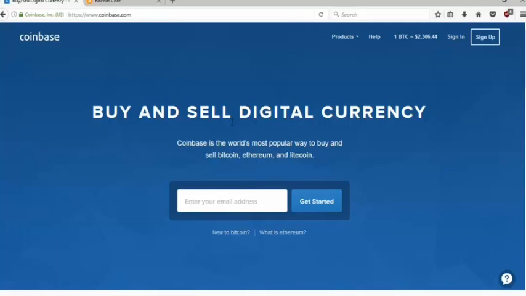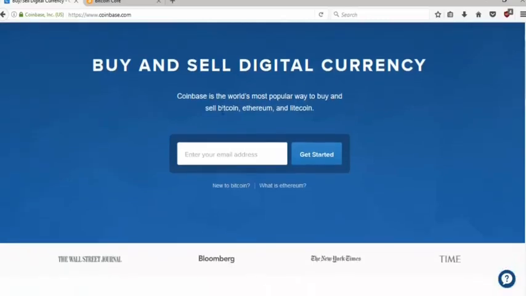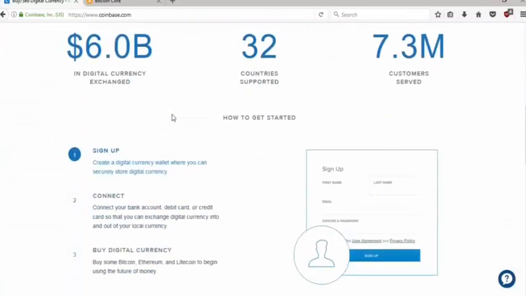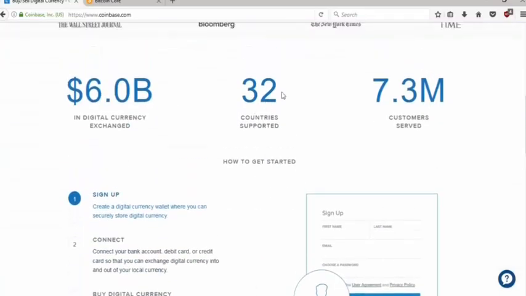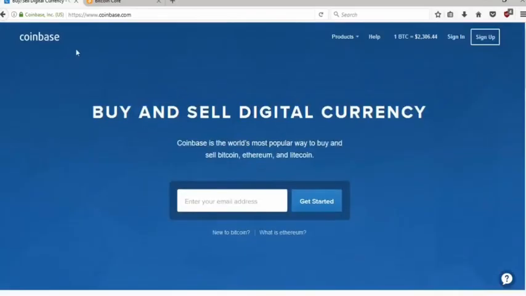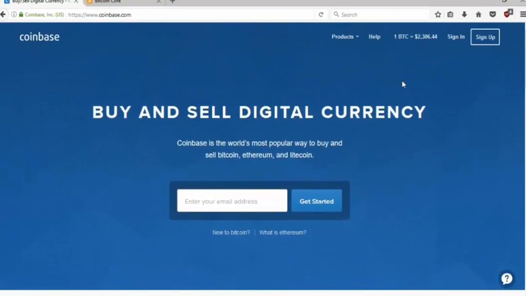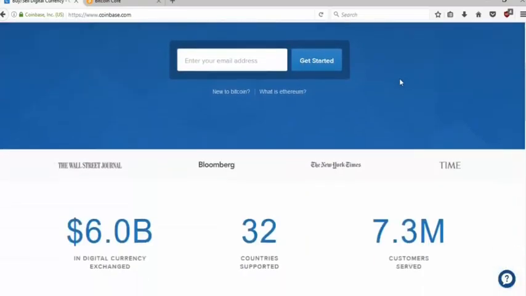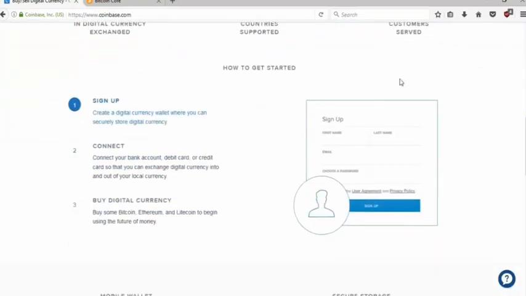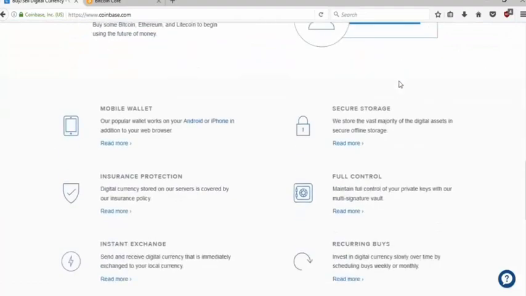Apart from that, as I said, it's very beginner friendly, and it's a very stable service in the sense that it's got a lot of backing and a lot of investors. One of the disadvantages, which I think is a big problem, is the fact that it's not supported worldwide and is currently only supported in 32 countries. This service, Coinbase, operates online, so you have to create an account, and you can get your Bitcoin address and start transacting with Bitcoin. I'm going to get to that shortly.